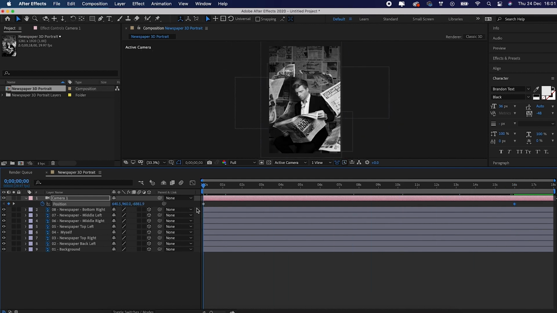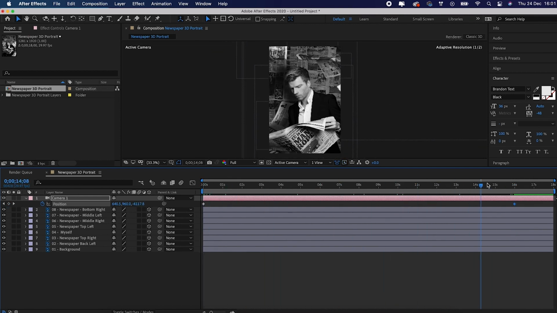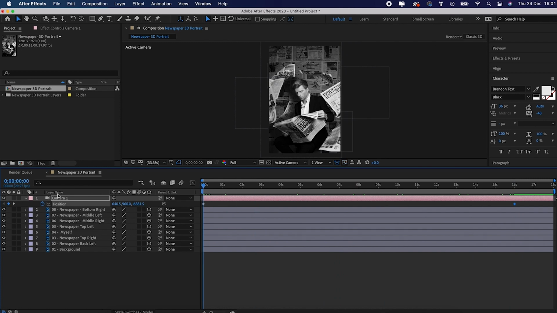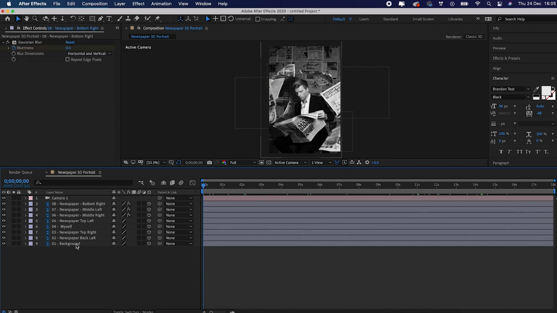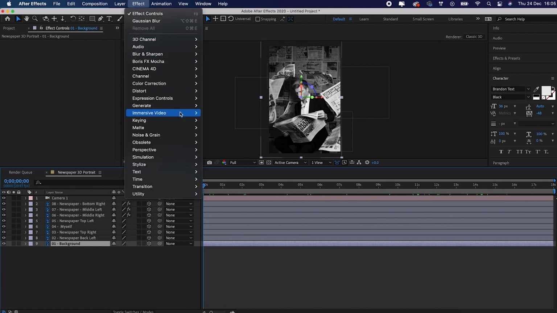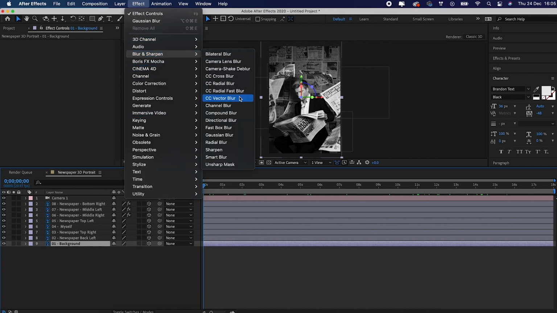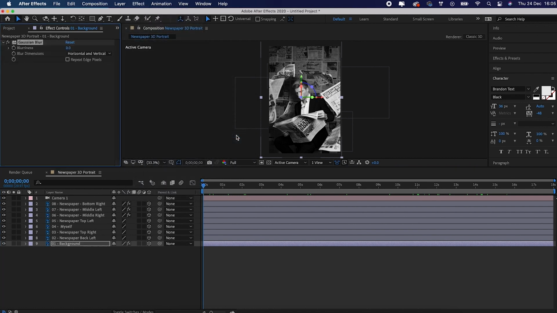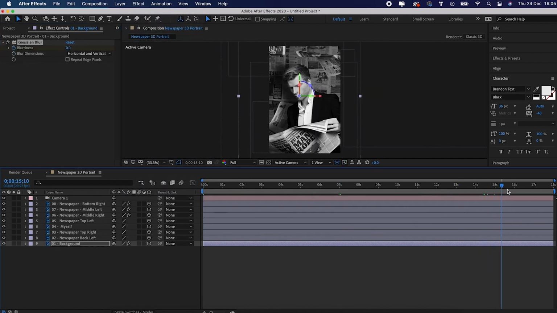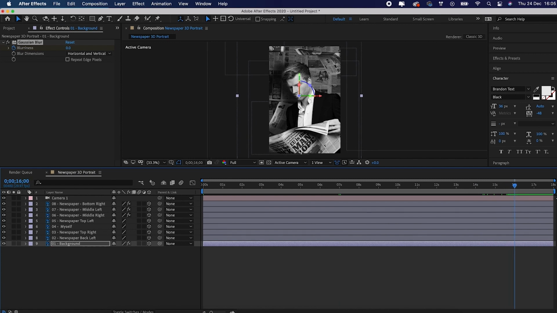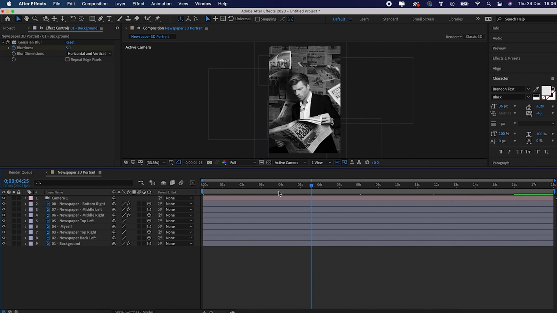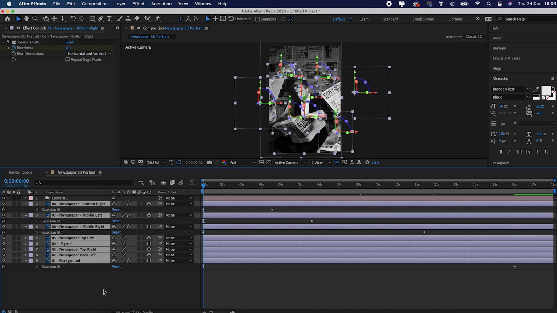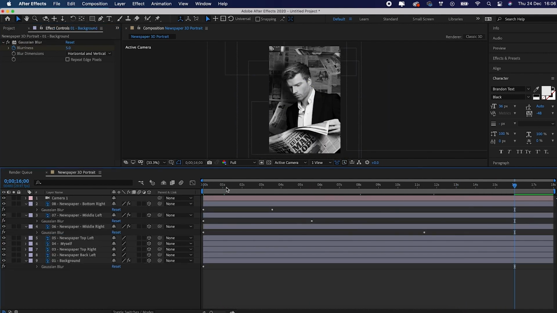And now you have an animated movement. We're pretty much done here. All we need to do is help sell the 3D effect by adding in some blur to the background. Highlight the background layer, go to Effect, Blur, and then Gaussian Blur. Create a keyframe on your first frame and then go to your last frame and add a second keyframe with a blur value of 5. I then added some blur to the foreground falling newspaper too, using the same method.